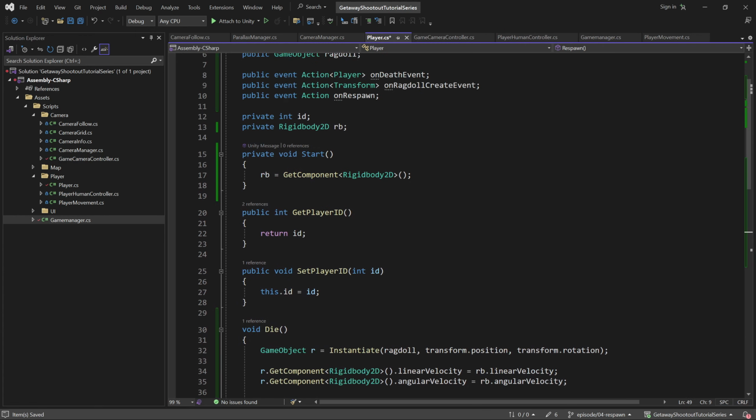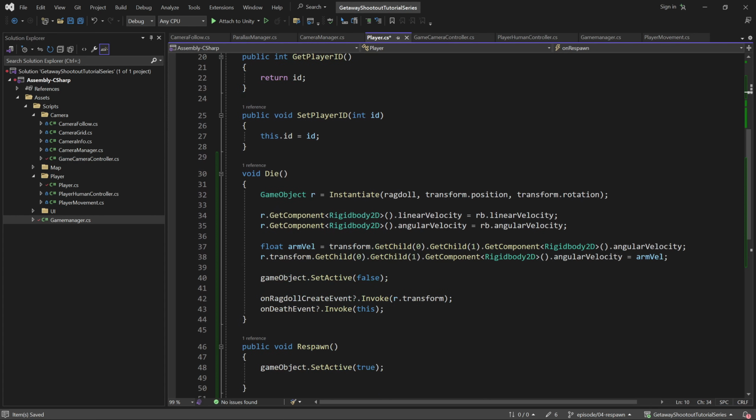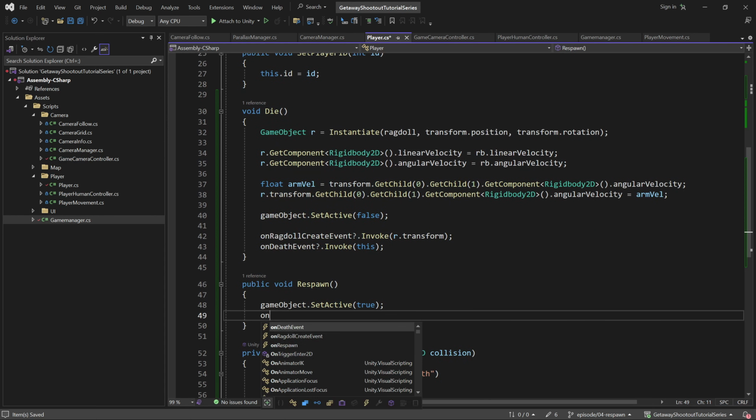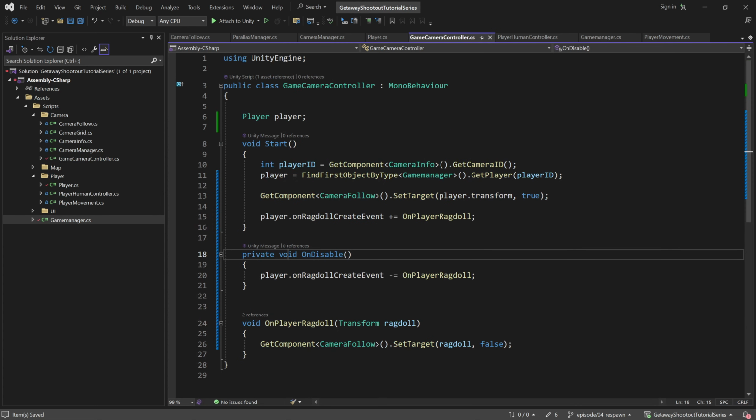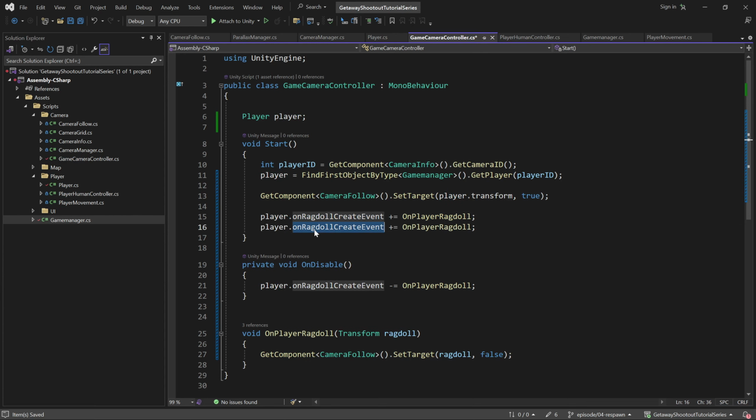So as I was saying, we want to have this event now. So again, it's a simple calling on respawn. And then the question mark just ensures that it isn't null. So invoke it, and there's no parameters to pass in right now. So I'm just going to leave it as is. And now I want to go back to the controller object, and basically we just have another event to subscribe to. So this is going to be the on respawn,